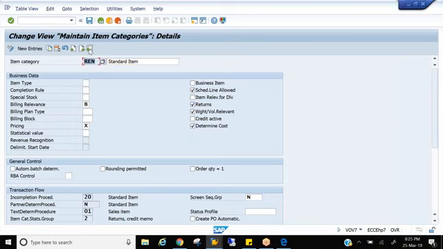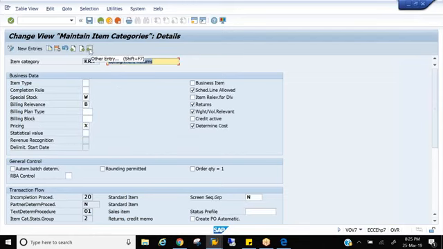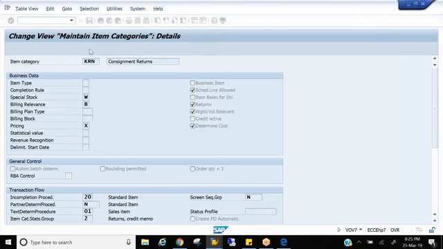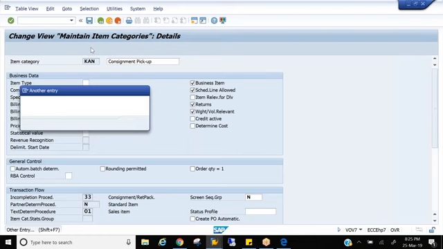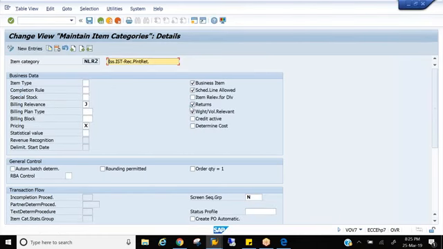That is standard return, consignment return, KRN, consignment returns, KAN, consignment pickup, NLR, STO returns. Every return, whatever the concept you have for a return, this should be activated.